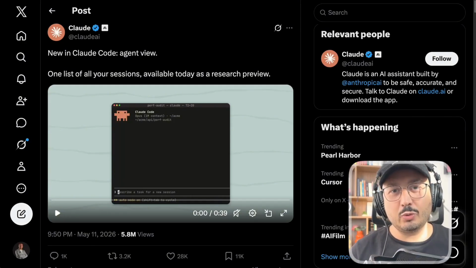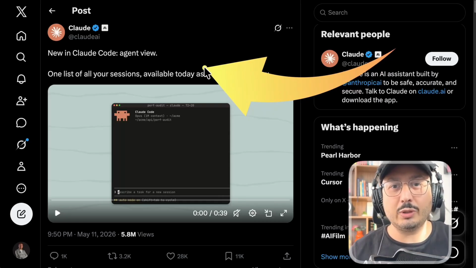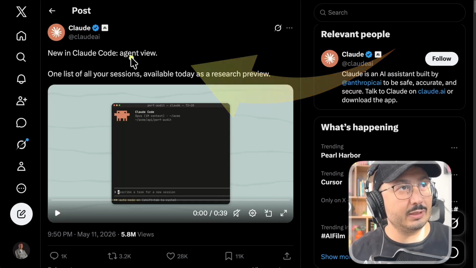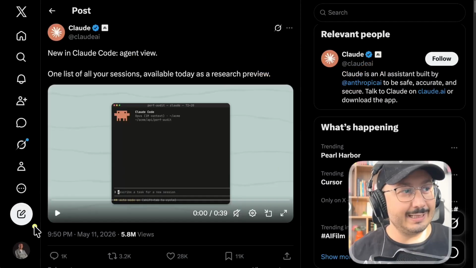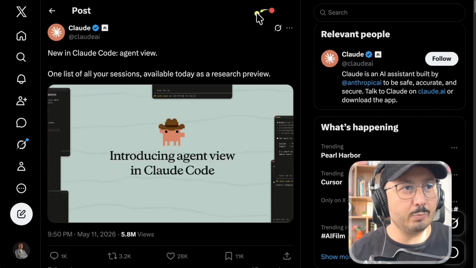So today I'm showing you a new feature in Claude, and honestly it changes the way you work with Claude Code. The feature is called Agent View. Basically, it's a new feature that allows Claude to show us all the sessions and all the projects that are